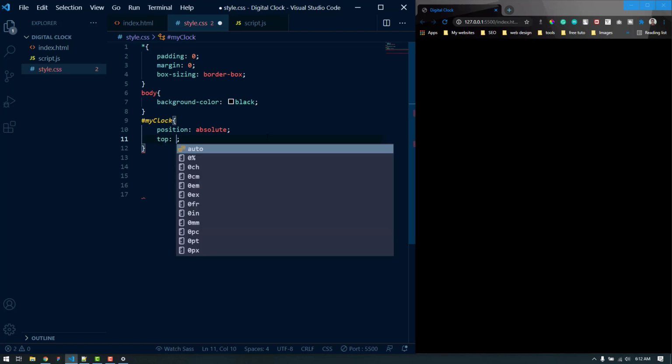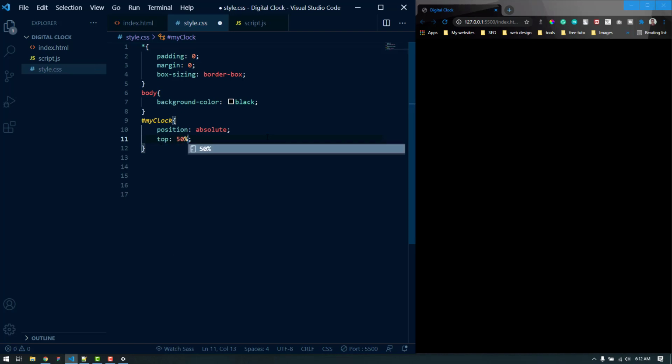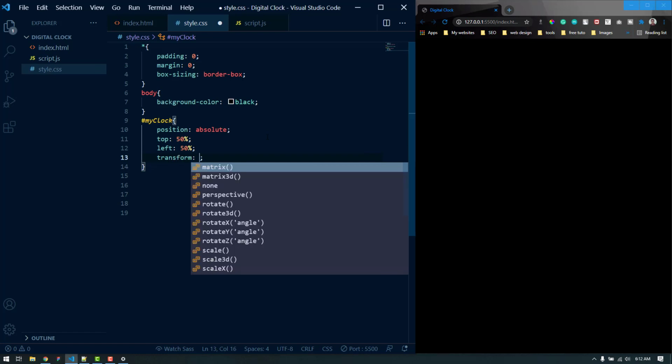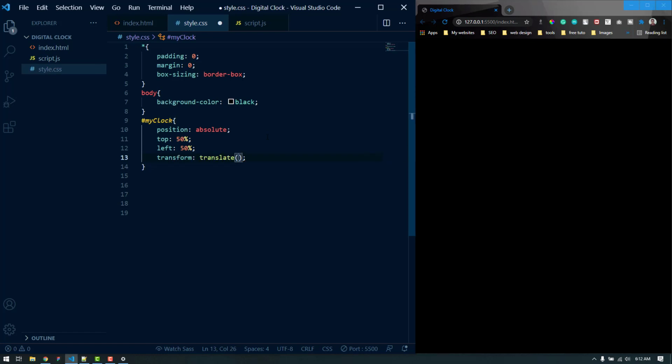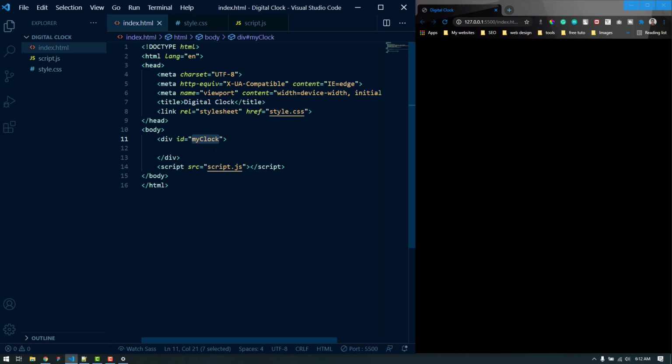From top 50%, you already know how to do that, how to create an element centered in another element. So top 50%, from left it will be also 50%. Then we need to apply the transform. It will be translate around the x-axis minus 50% and around the y-axis also minus 50%. That should be completely centered.